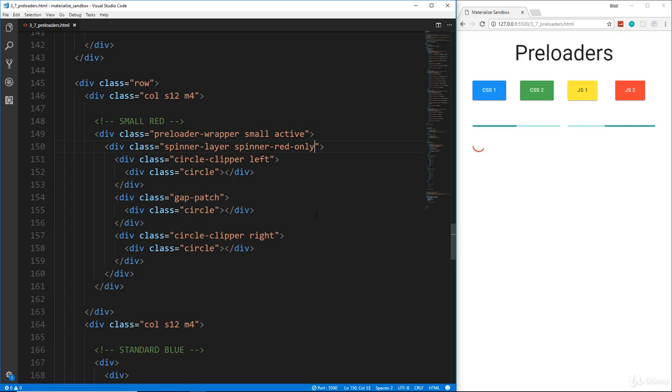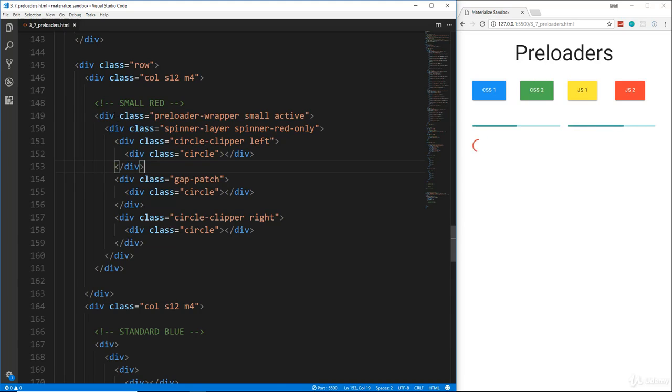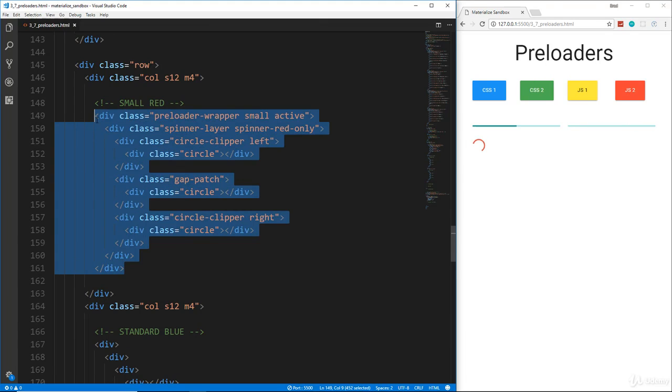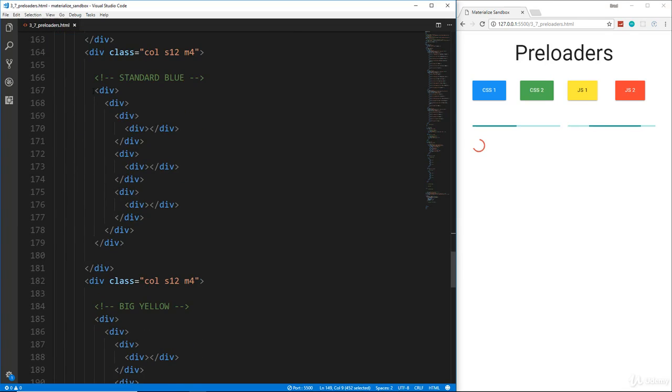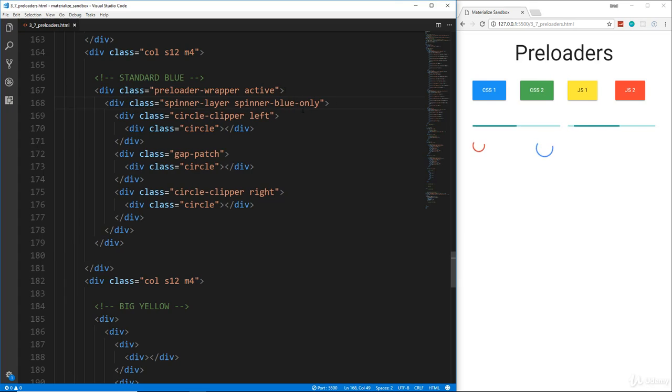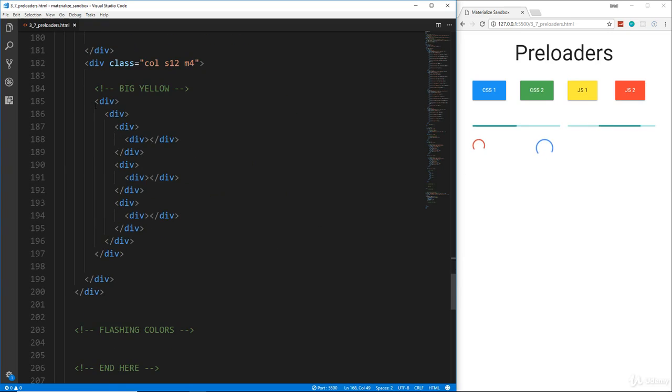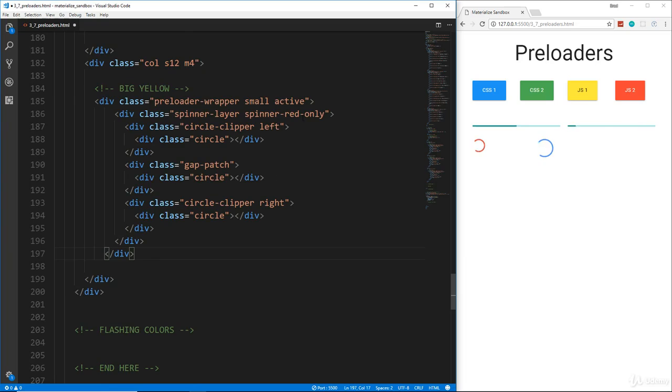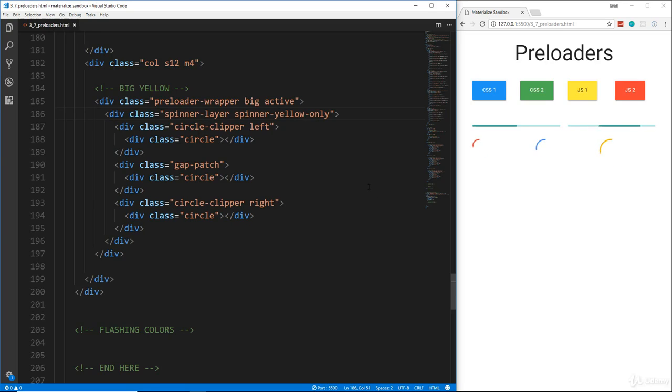it's a red spinner. Okay, so what I'm going to do now is just copy the whole preloader wrapper to the ending div here and go to the next one and paste that in. This is standard blue, so I'll get rid of the small class and change this to spinner-blue-only and save, and now it's just the medium size or the standard size blue. If we want a big yellow one, we can go ahead and paste this in and change this to big, and then change this to spinner-yellow-only. So these are the only classes you really need to change if you want to change the look of these